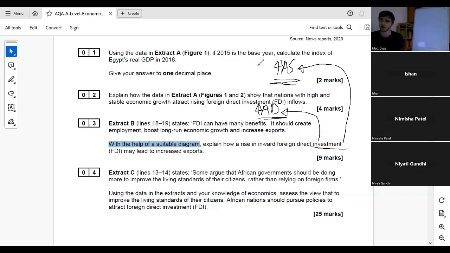So it's interesting because Mira's initial explanation of technology is probably where most students instinctively go, to be honest. And as long as you're specific, I don't see any reason an examiner is going to mark you down for that. If you said that, say, for example, if FDI is in new technology, that will increase productivity, and then the increased productivity lowers costs, and then that increases aggregate supply. Again, I don't see any reason an examiner was going to criticize that at A-level standard, but hopefully you can see what I mean, that investment is broader than just new technology.